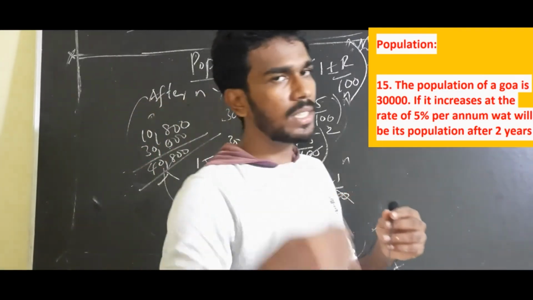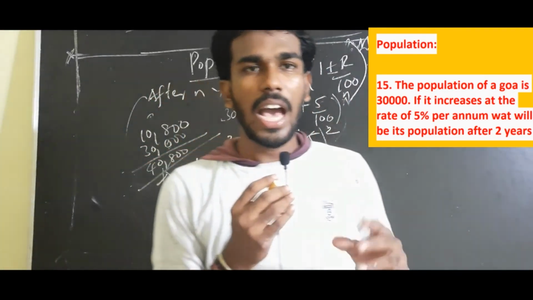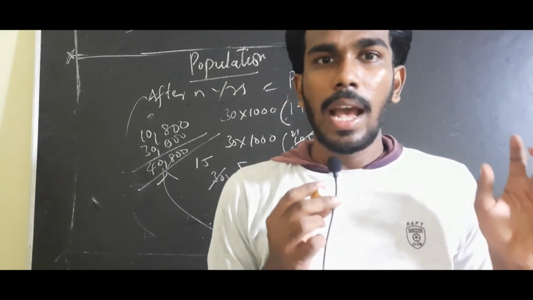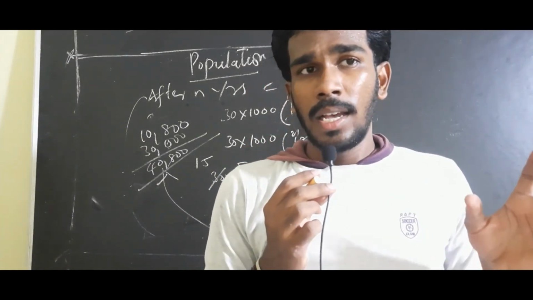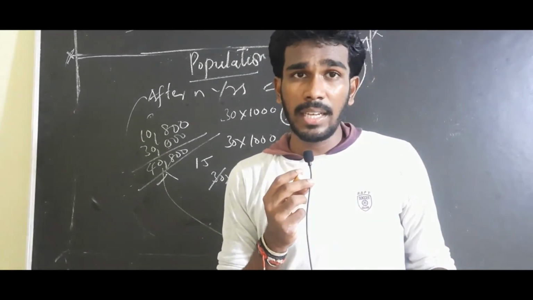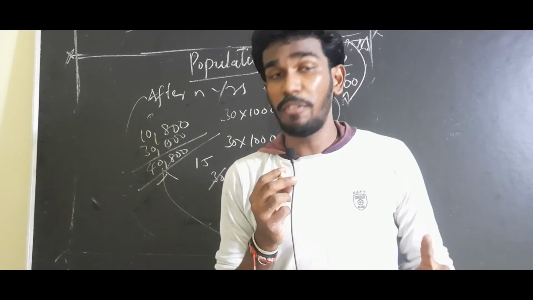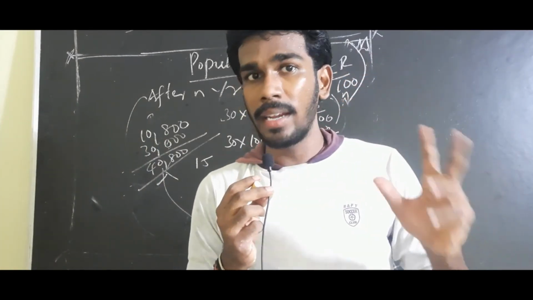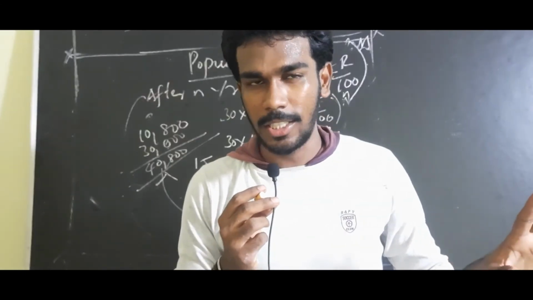Simple. If the population is decreasing, you will go with the negative sign. I hope the series on percentage really fascinates you, and just recall these questions that I have given, and trust me guys, if you are strong in these 14 questions, you can puzzle your mind, you can engine your mind in solving any kind of percentage series.